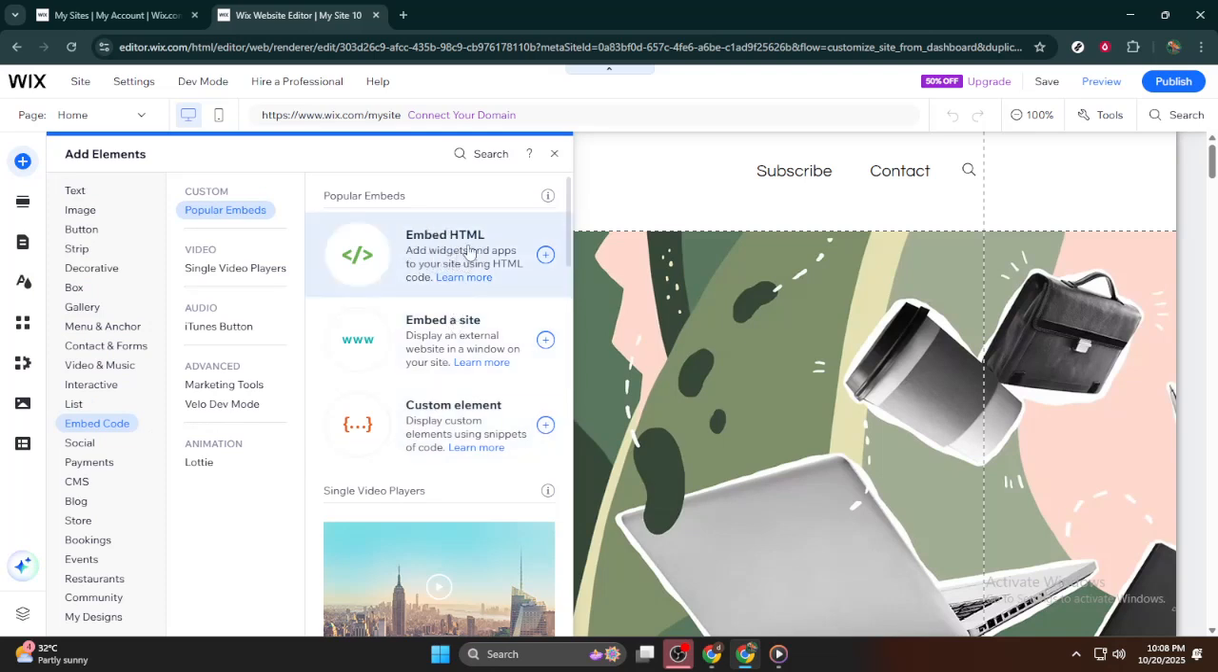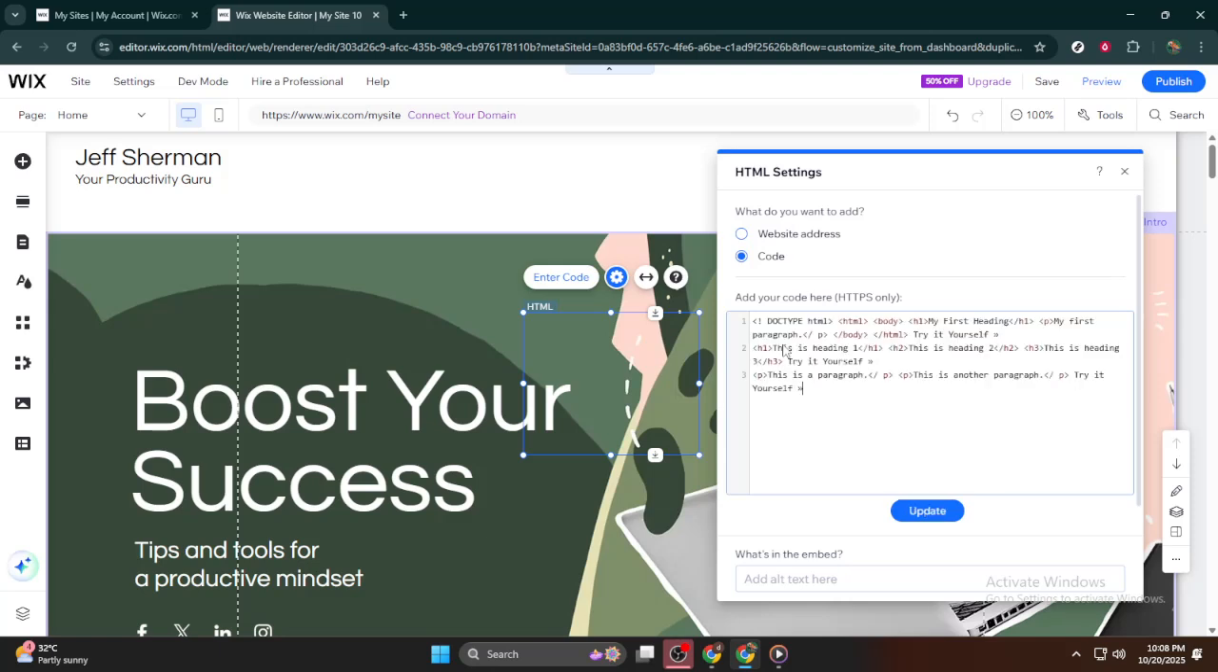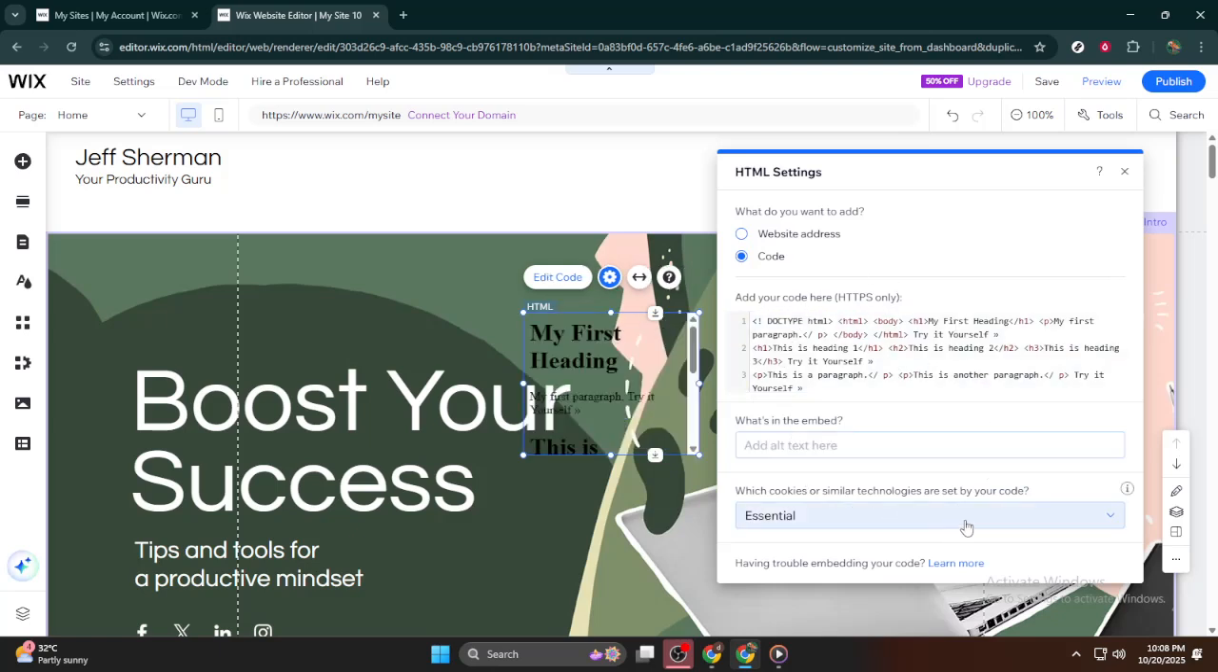Once you've selected the Embed HTML option, a brand new HTML box will appear on your page. This is your canvas for the HTML code you want to embed. To enter your code, simply click on the Enter Code button within the HTML box that appeared on your screen. Ensure that code is toggled as the embed type, then go ahead and paste the HTML code you want to add into the provided field. Once you're satisfied, click either Update or Apply to save these changes, and voila, your HTML code is now part